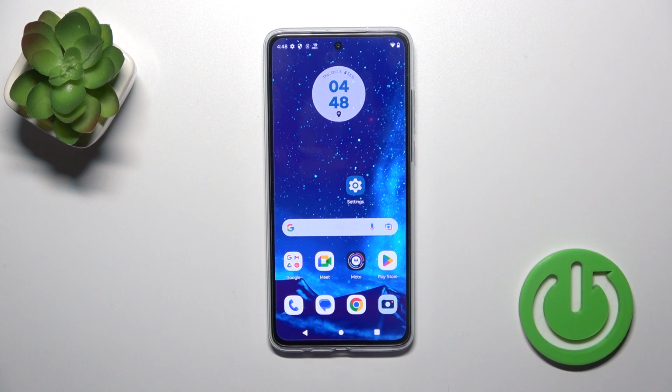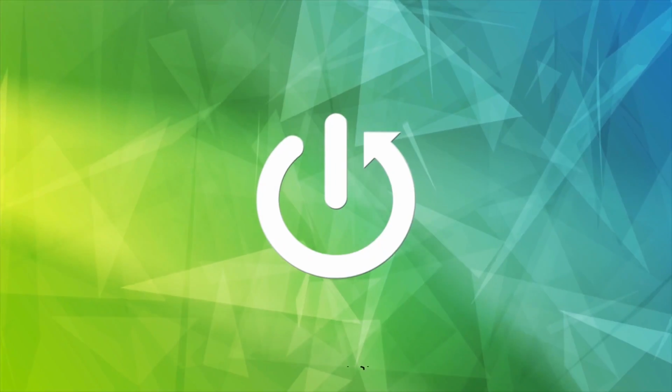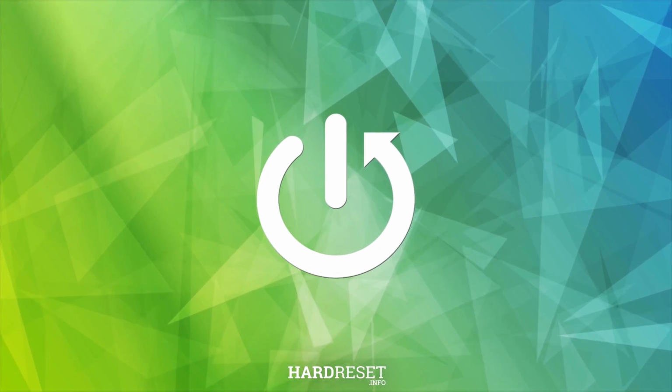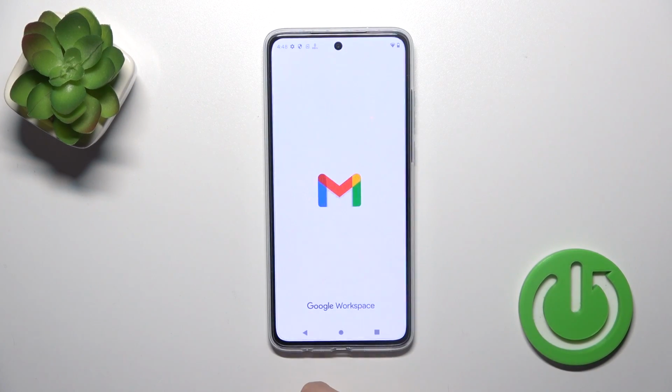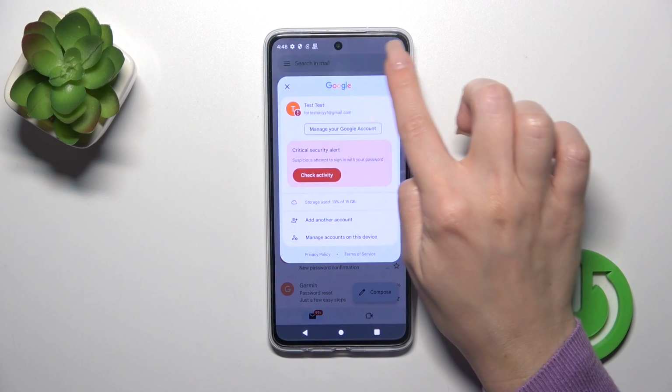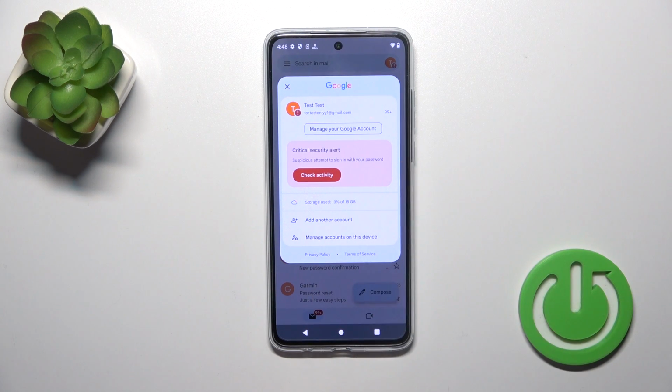Hi, this is the Motorola Moto G84 and I'll show you how to log out from Gmail account on this device. So open first the Gmail application, then tap on the right upper corner and to log out from the Gmail